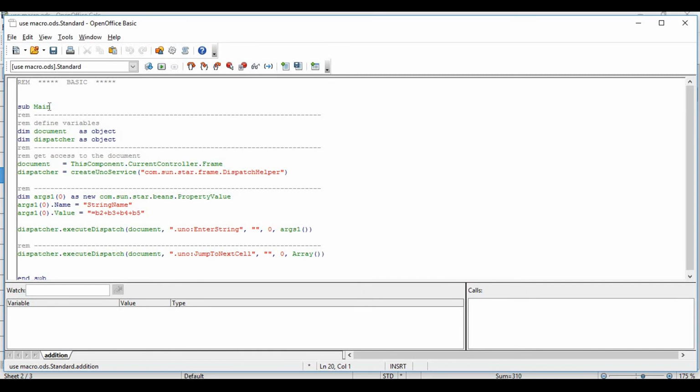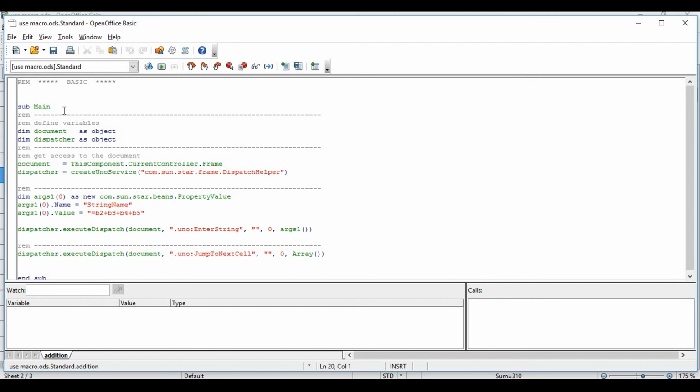Sub main. Here main is written. Why is main coming? This is the drawback, this is the problem. Instead of main, the module name should come. But why is main coming? Because after creating the module, I saved my file, use macro.